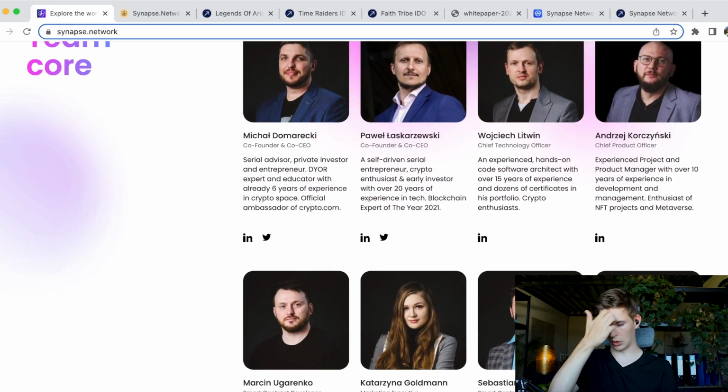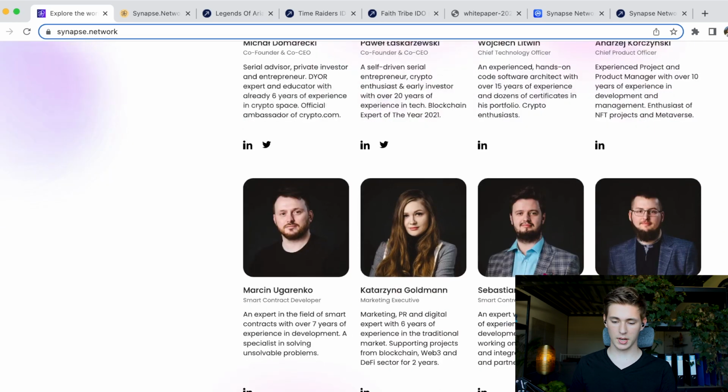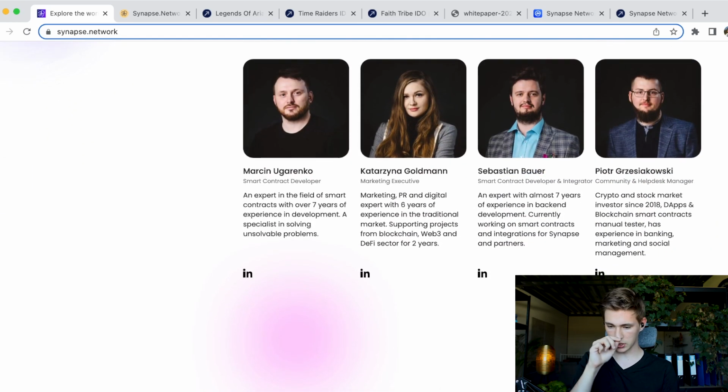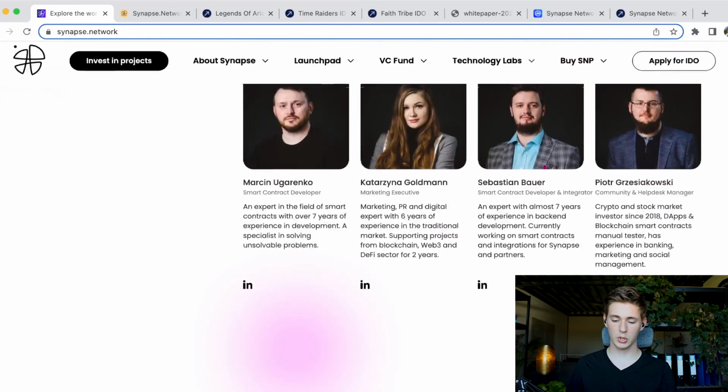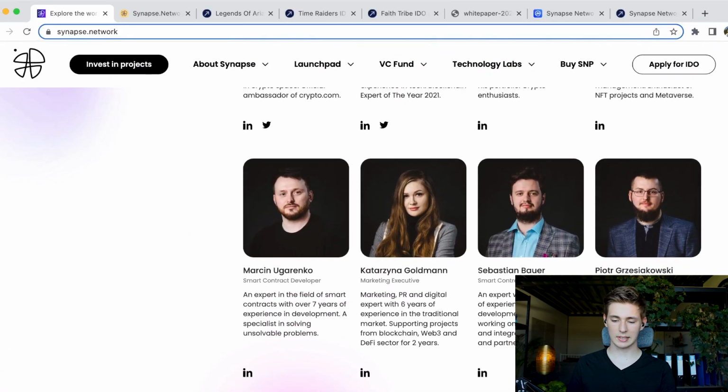They also have quite a large team. We have a lot of people here. They all seem to be Polish, as far as I can tell. Now, if you do speak the language that these people are from, let me know. I'm quite curious. Pretty sure it's Polish though. All of their LinkedIns are linked. They have actual good pictures, so it's very professional looking. So yeah, thus far I'm quite bullish on that.